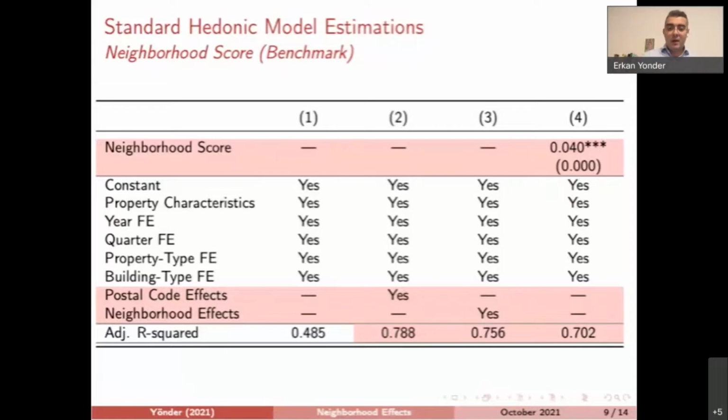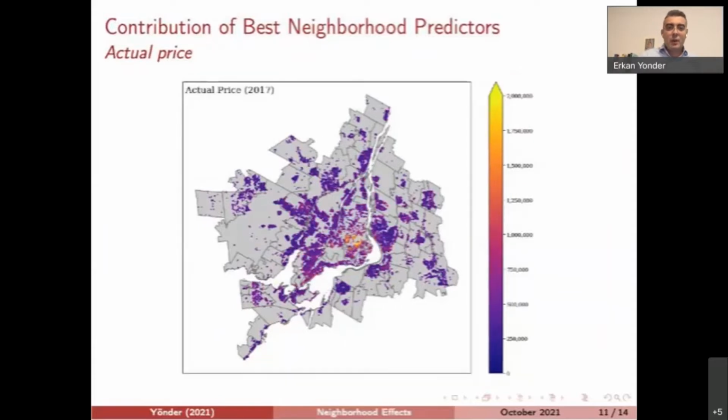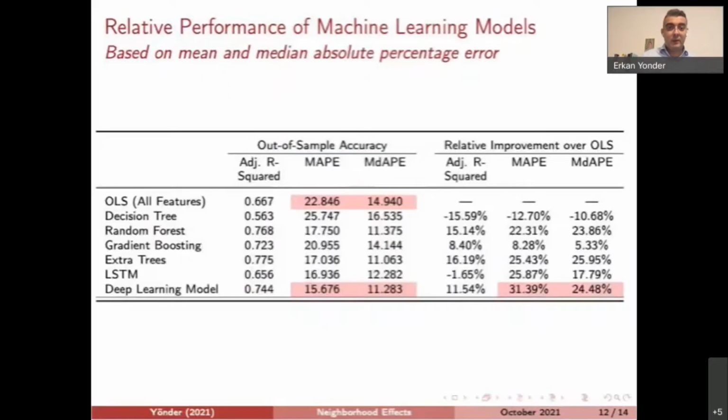Okay? And these two figures are the representation of how this neighborhood score performs based on location. So this is Montreal area for 2017. We see a high evaluation at the center. So this must be downtown Montreal. And we see a little bit here. So this is based on our benchmark score. If you look into actual price, we see similar figures, similar colors, right? So there's some dense here, some here, and some here. So actually our benchmark score is very representative for the price levels across different locations. So this is just one representation of what we see here.